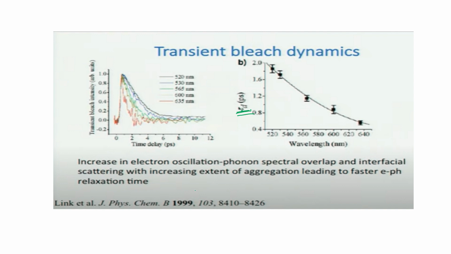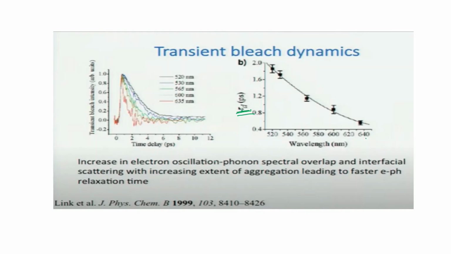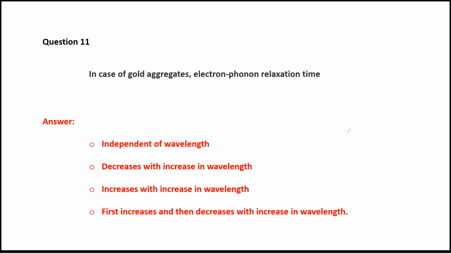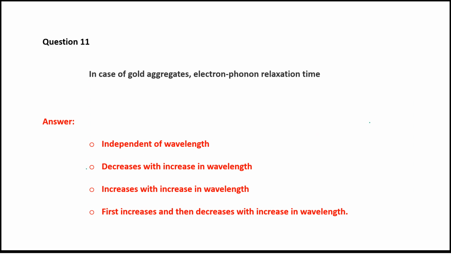Thus, with the increase in the wavelength, see here, there is a decrease in the time constant. So, what are the options given to us? Independent of wavelength, decreases with the increase in wavelength, increases with the increase in wavelength, first increases then decreases with the wavelength. So here in this spectra we observe a clear-cut line, that is it is decreasing very finely with the increase in the wavelength. So the answer is quite clear from this observation that it decreases with increase in wavelength,